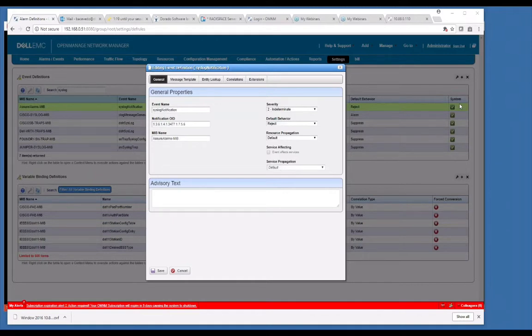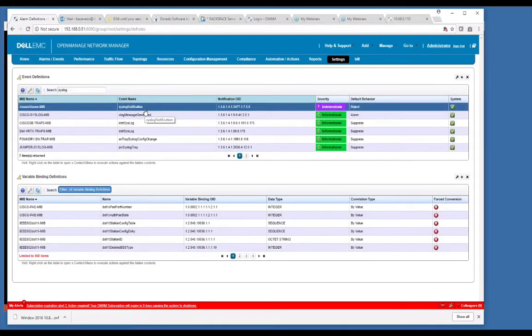Just to clarify here, when you come to the assure alarm MIB syslog notification, the default will be set to reject out of the box. Now, you could leave it at reject, and if you do leave it at reject and you tell a device to send syslogs to OMNM, they will still come in and not be rejected if you have a syslog escalation rule. So if you do not touch this alarm, leave it at reject, and you want to see syslogs, and you have configured the device to send syslogs to OMNM,